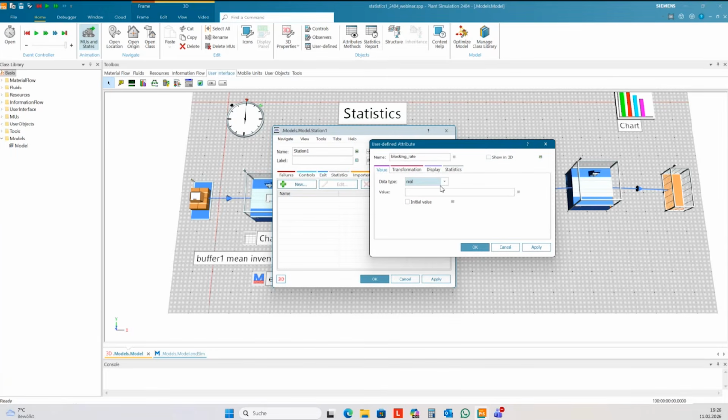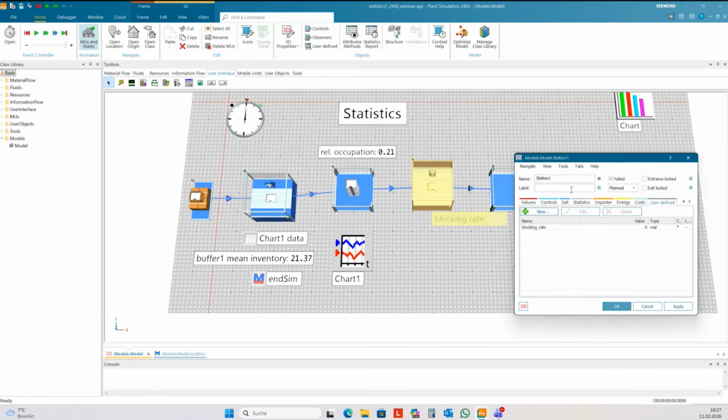And then, starting from 2404, I guess, you have one tab display here in this user-defined attribute window. First, I click show in 3D, and then I need to set some display values. I want to have only 2 decimal places, and I want to show this user-defined attribute externally. Okay, apply.